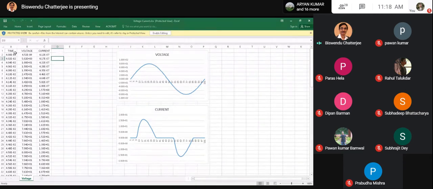For example, everybody can see there is time, voltage, current. Another column will be what is the true RMS voltage, what is the true RMS current, what is the true power, what is the apparent power, and from true power and apparent power what we can find out? Power factor. Exactly. The power factor will be found out. One piece of information the meter does not give is whether the power factor is leading or lagging, because that is very difficult to ascertain. So the meter does not give that.